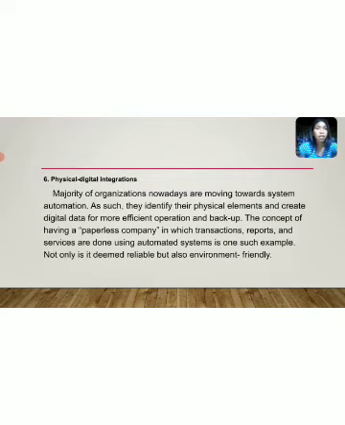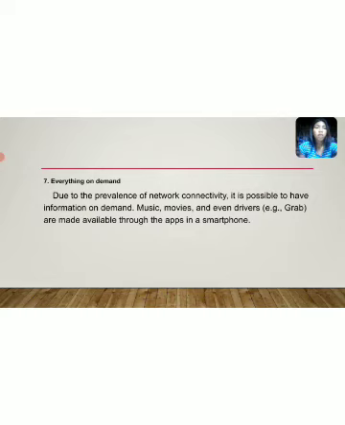And then number 7, everything on demand. Due to the prevalence of network connectivity, it is possible to have information on demand. Music, movies, and even drivers from Grab are made available through the apps in a smartphone. So, in 2016 and 2017, you can download music and movies by the use of network.